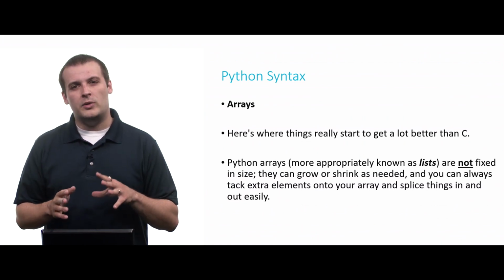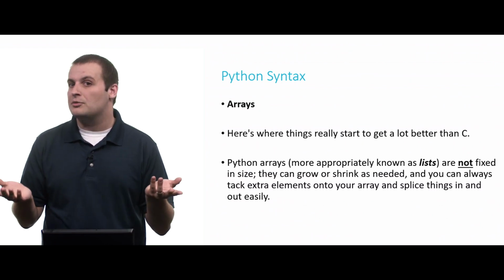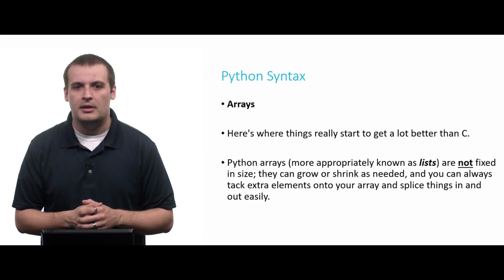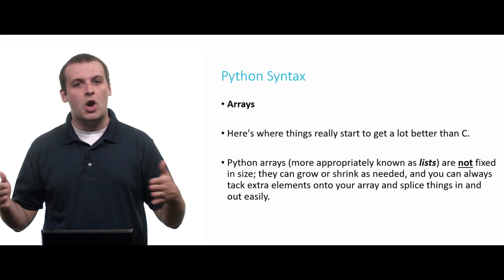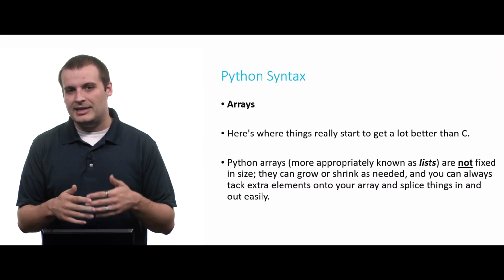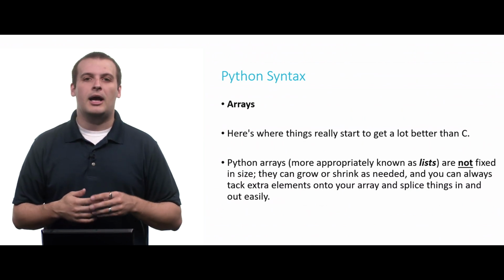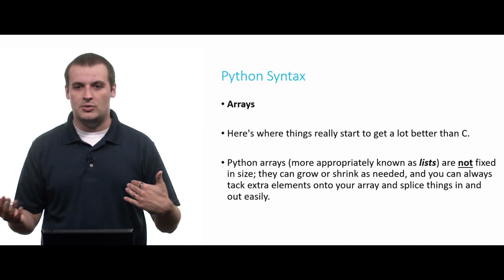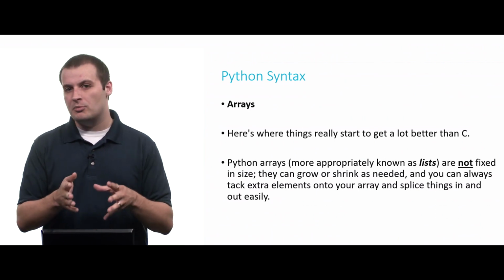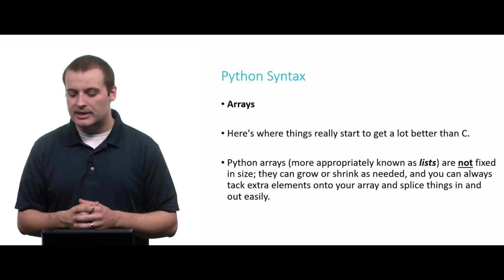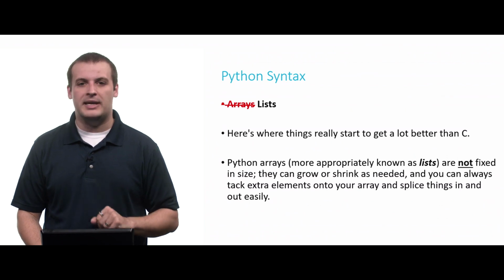In Python, we don't actually call them arrays. We call them lists, but they're effectively the same general idea, the same concept we're familiar with. They're not fixed in size, so similar to a linked list, really, we can grow and shrink them as we need, as our program demands more memory or less memory to be consumed by the list. The language is flexible enough to allow us to do that. And we can always add more things on, splice or remove things from it from the middle pretty easily. So let's get in the habit of calling these things lists now instead of arrays.